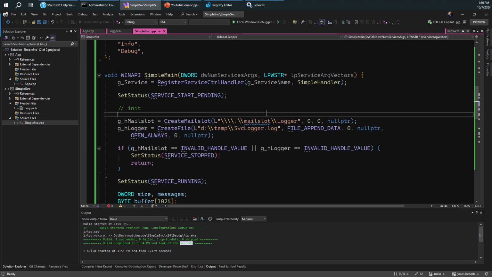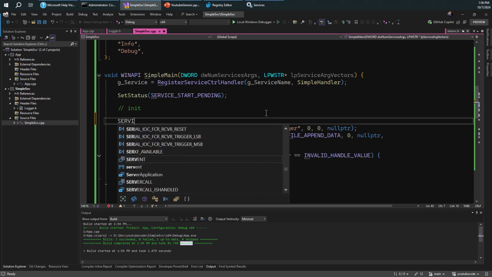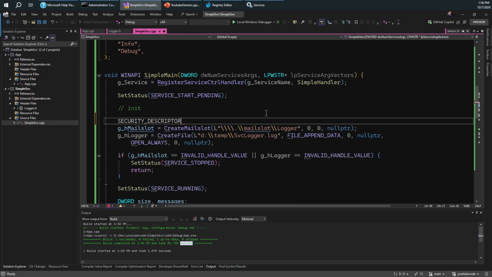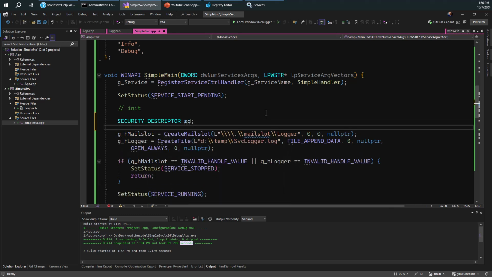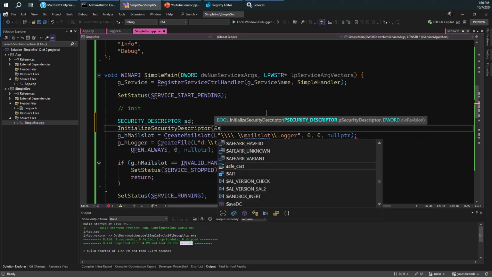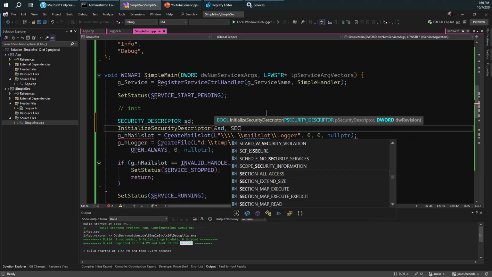And so in order to do that, the simplest thing to do is to remove any protection from the mail slot. So we're going to create a security descriptor here. I'm going to initialize it by calling InitializeSecurityDescriptor. Let's do that. And we're going to initialize this security descriptor